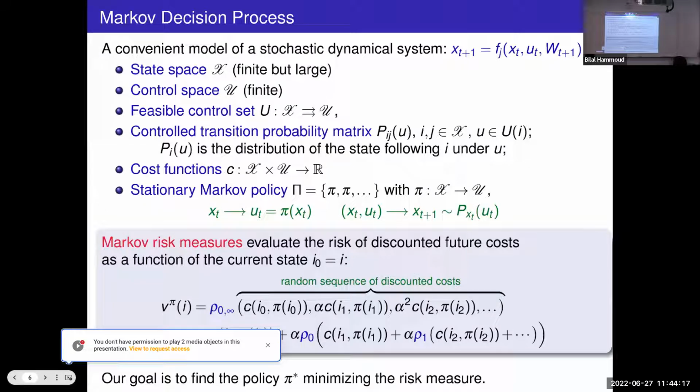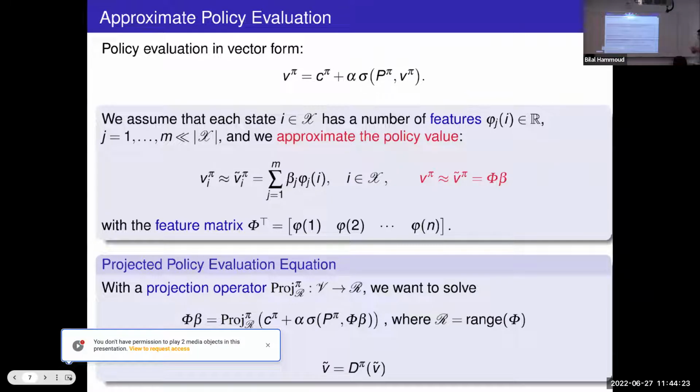Our method is to use the policy iteration scheme, which means that we first produce a policy. First, we'd like to evaluate the value. Our value vector is the top of the cost vector and the risk of